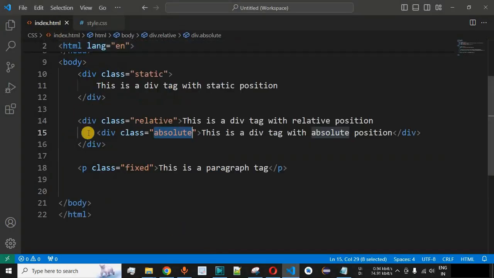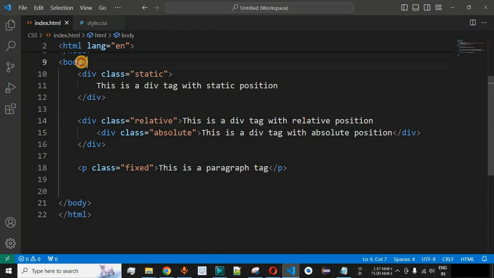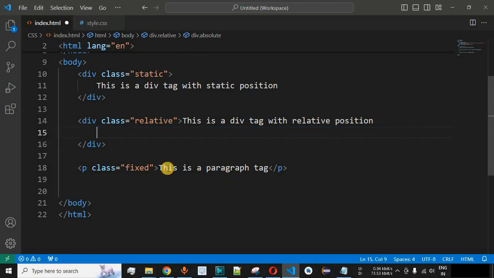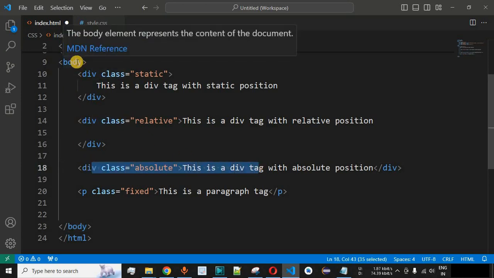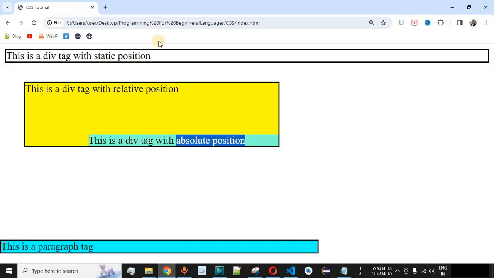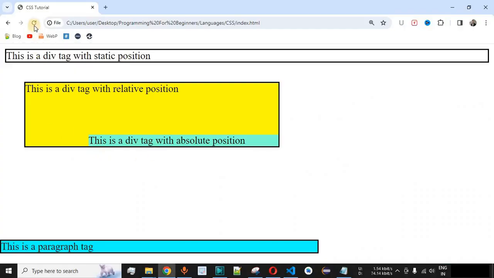Let's say if this particular absolute div tag is not present in any of the parent HTML tags over here, but in case it is present directly inside the body. So in this case, what will happen? So when we remove this particular div tag and let's say we provide it inside the body tag over here, so in this case the body tag is its parent tag, that is the ancestor tag over here. So in such a case, the entire body, that is the entire page, will be considered, and then accordingly the div tag will be positioned over here. So let me just save this file now and try reloading this page once again on the browser.